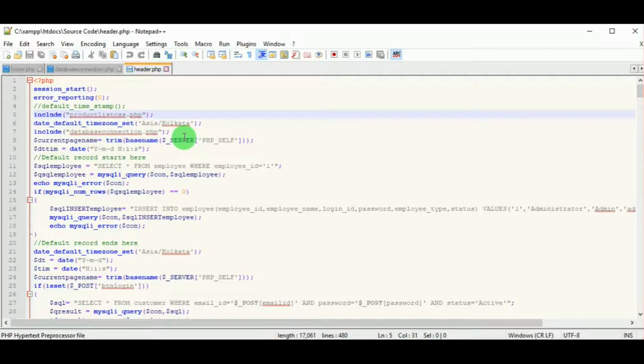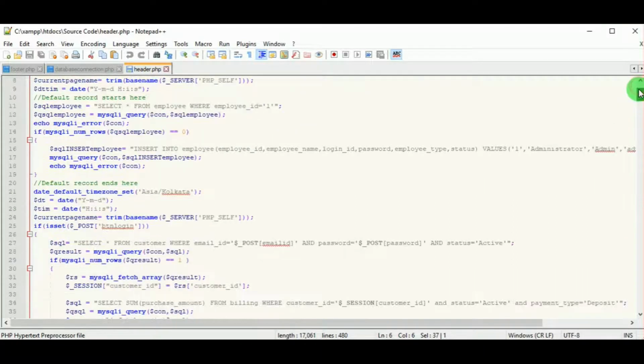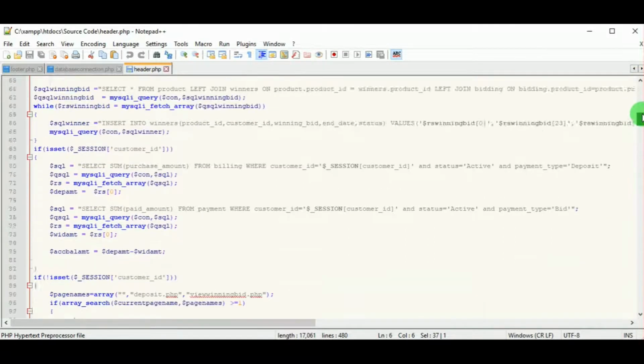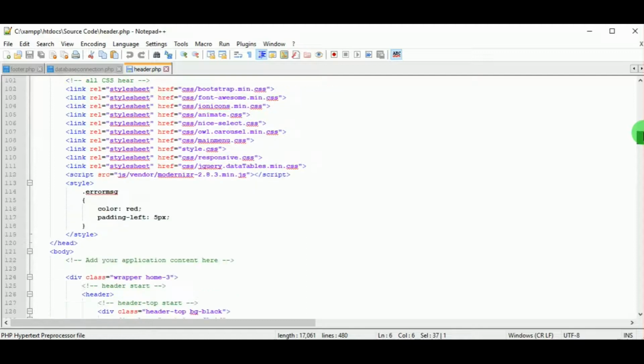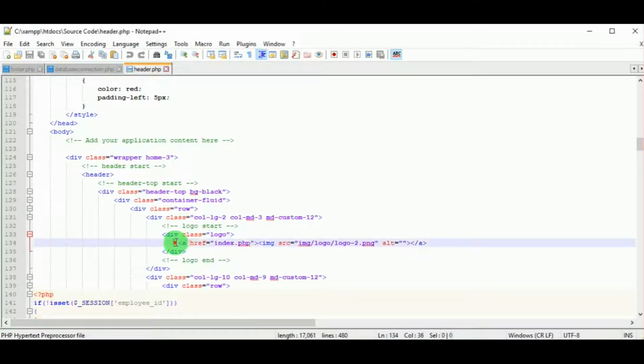And error reporting will not show any of the errors. So this will disable the warnings and errors. Usually we create some variable and we don't define a value for it. In that case, the system shows a warning. But if we use this function error reporting, it will not display that warning.